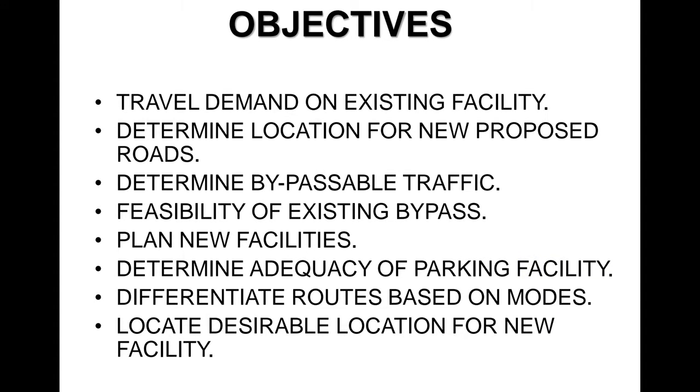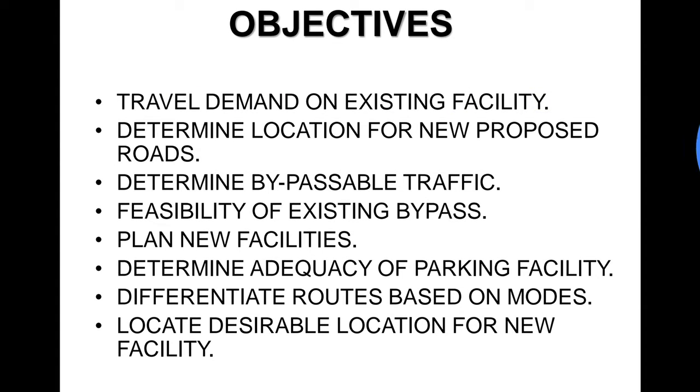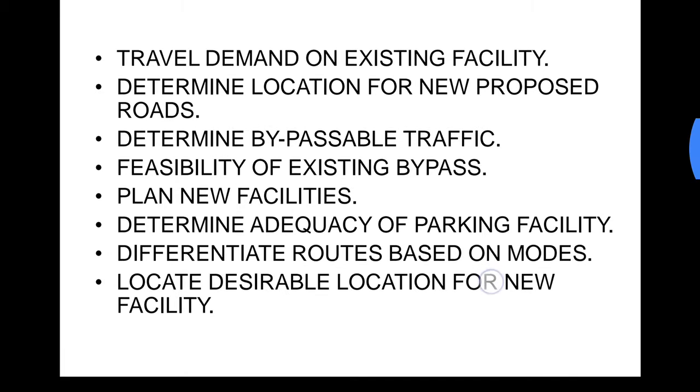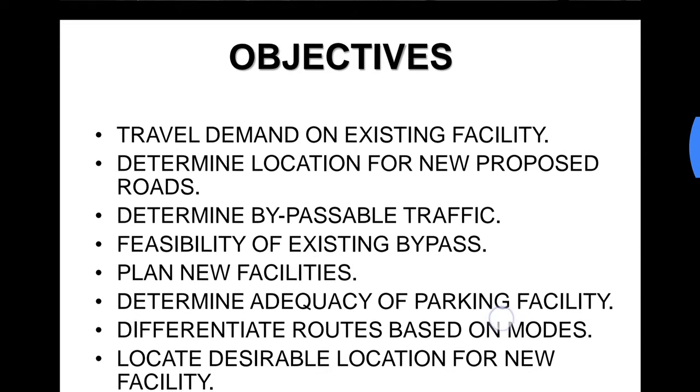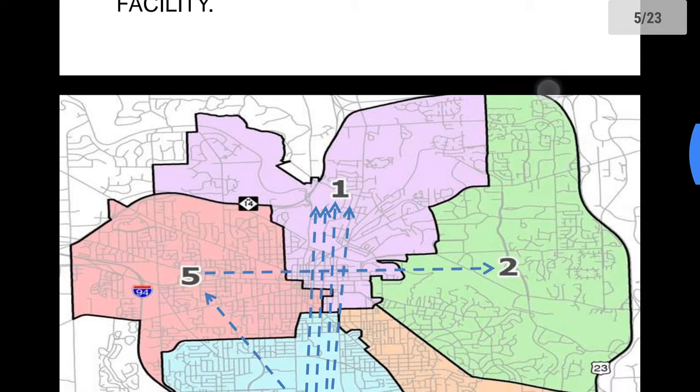The travel demand on the existing facility. Now this can be found out using OD surveys. Travel demand is nothing but the total traffic that is traveling from point A to point B. Now next is to determine location for new proposed routes. Now what happens in OD surveys, or origin and destination surveys,